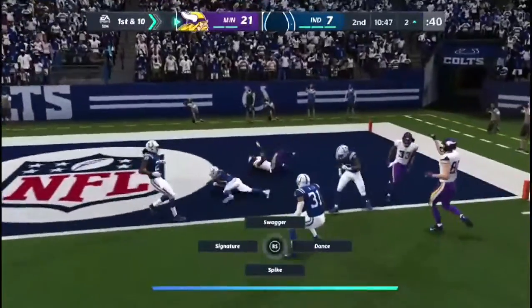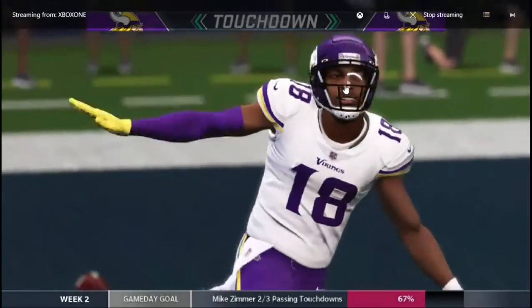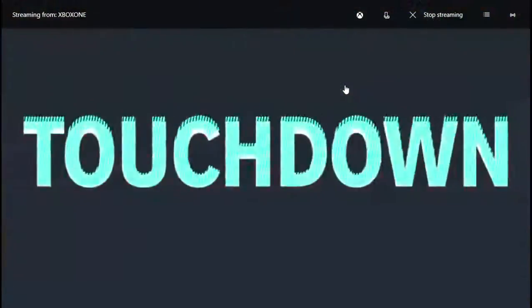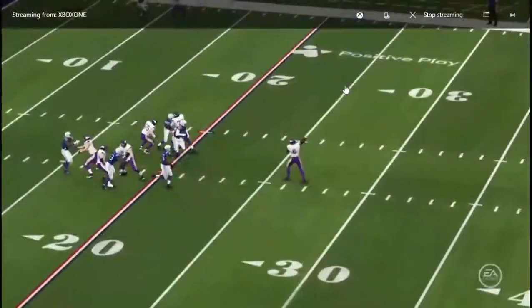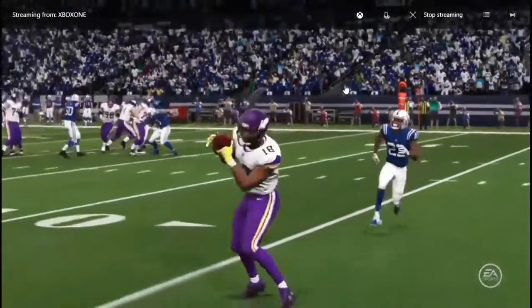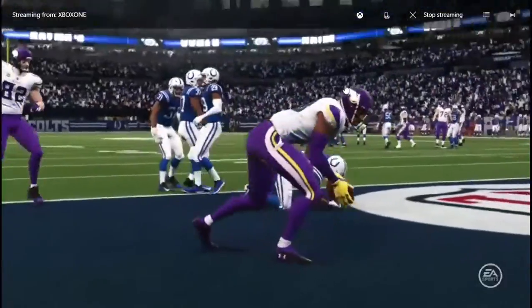And he will score. Touchdown, Vikings. Justin Jefferson. His 5th touchdown now on the year. And the Vikings find a way to stretch their lead. All the receivers in the league are plenty good enough. Otherwise, they wouldn't make it in the NFL. But the ones that go to the Pro Bowl...